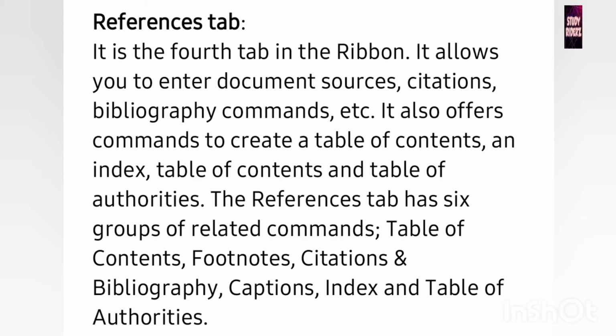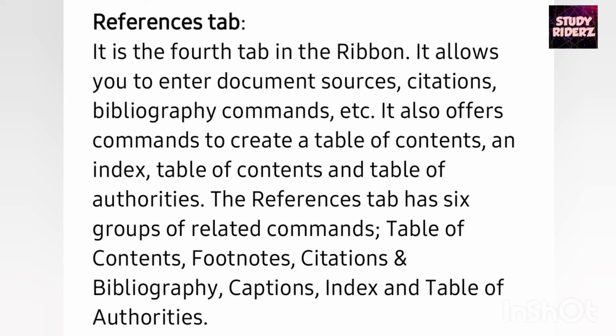Next one, reference tab. So this is the fourth tab in the ribbon tab. This is one of the default tabs of MS Word. This reference tab helps to enter document sources or sites, bibliography, comments, etc. So the reference tab has 6 groups of commands.